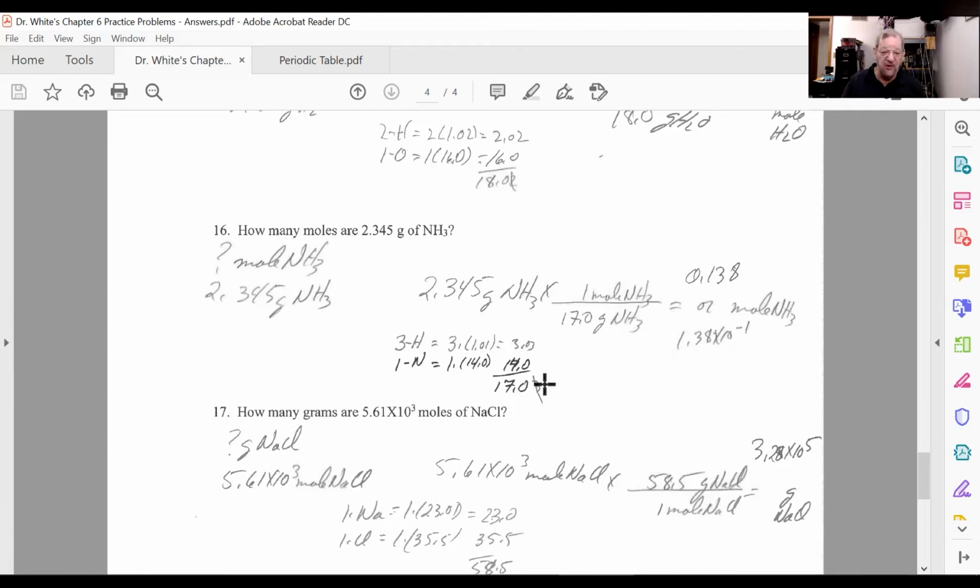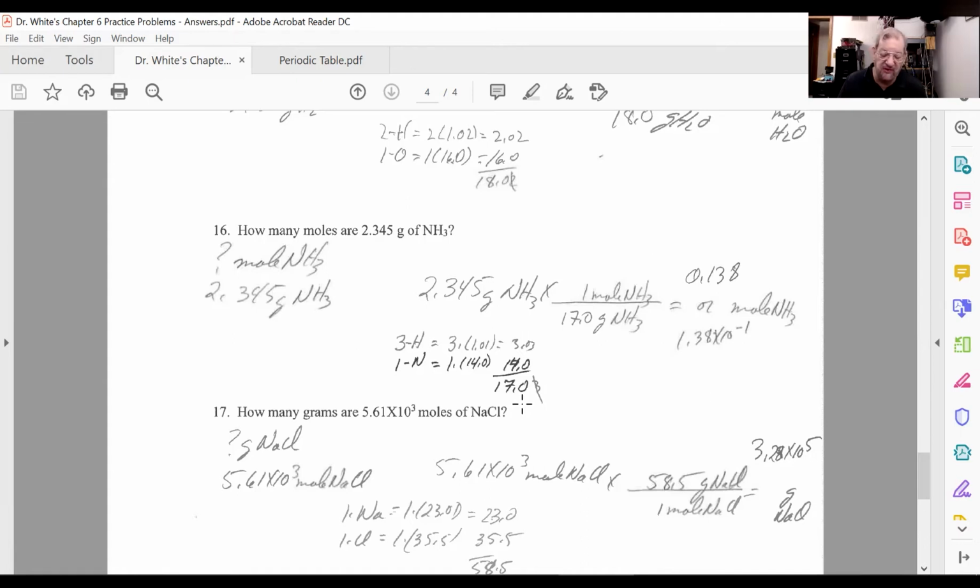Now, what do you do? You say, when I do addition, I get the same number of significant figures to the right of the decimal, past the decimal, as the number that has the fewest. This has 2, 0 and 3. This has 1, a 0. What's lower, 1, 0, 1 or 2? 1. So round this off to 1 past the decimal.